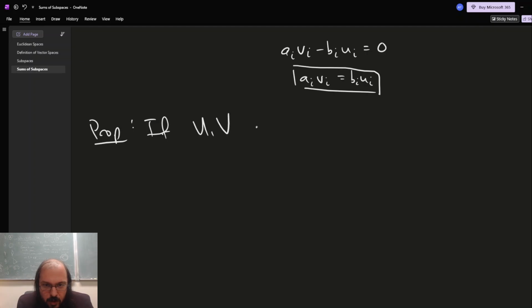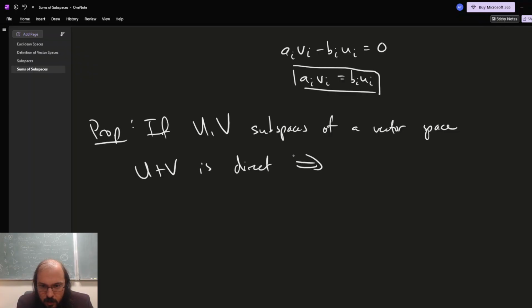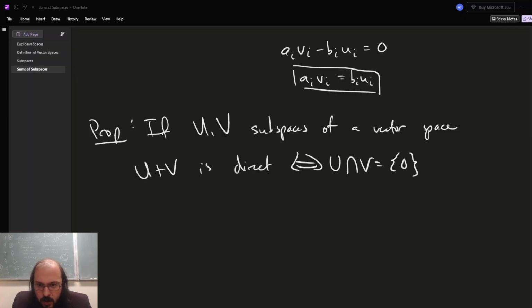If U and V are subspaces of a vector space, U plus V is direct if and only if U intersect V consists only of the zero vector. And this is a consequence of where we were just at. So